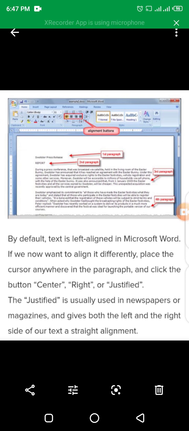Now the last option in your chapter, that is paragraph alignment. Now what is alignment? Alignment means to move your text according to the size of the paragraph, or according to the page you want to publish. There are three types of alignment: left align, right align, and the third one and the most important is justified. Justified means all your lines will be divided into equal lines, and you can see the whole paragraph is justified. Not a single line is increasing or decreasing from the rest of the previous lines.